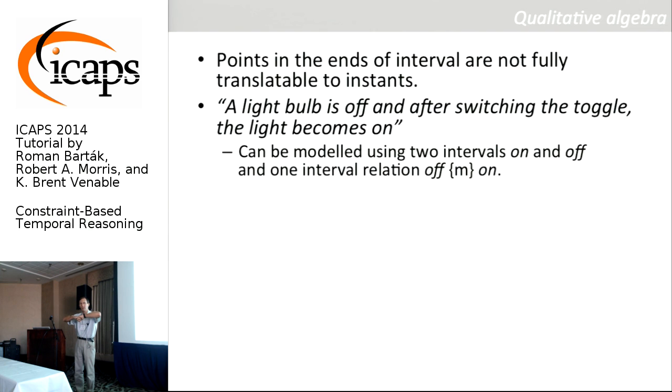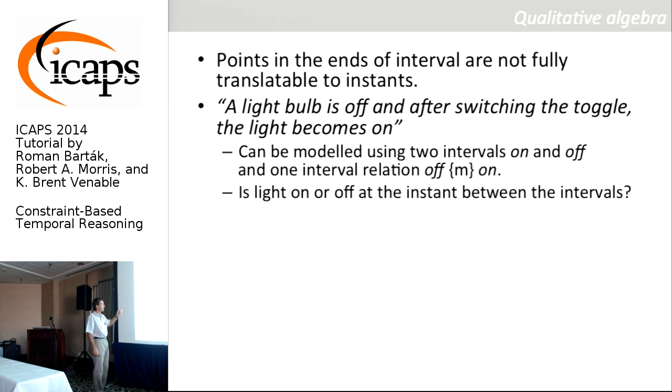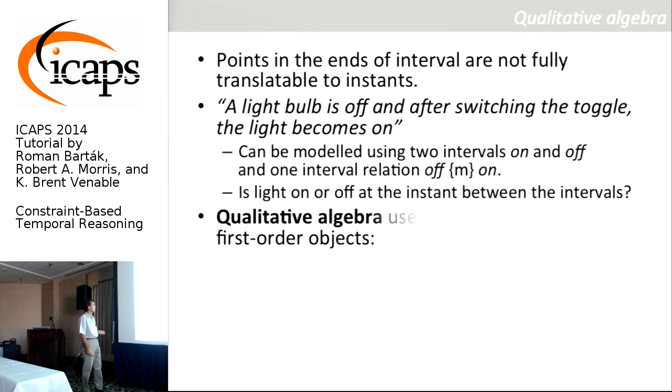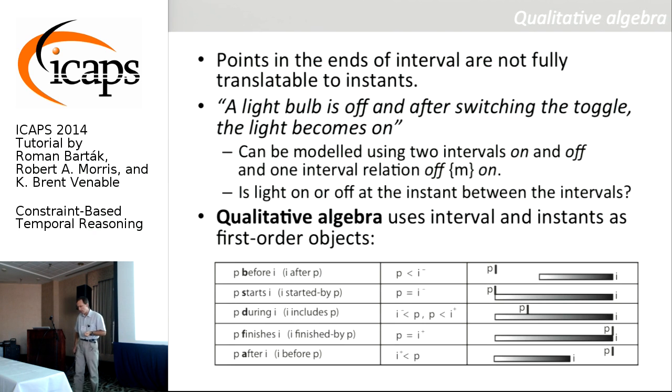No problem, right? But if I introduce really the point in between, and if I ask, so what's the status of the light at this time point? I don't know. Is it on or off? I have no answer, right? So it's useful to model both intervals and time points together because they have a slightly different meaning. Time points are the edges of the interval, but the meaning is very specific. If we have a time point, we need to know something about it, right? So we don't know if the light is on or off. Right, so that's why we are introducing an algebra that combines both intervals and time